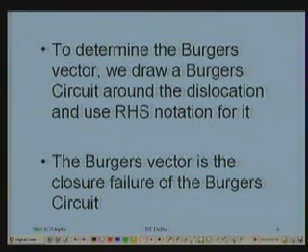And also we saw that to determine the Burgers vector of a given dislocation, we draw a Burgers circuit, which is a circuitous path drawn through the perfect parts of the crystal such that the net displacement along the path is 0. So we counted those steps and we saw that in the last class. However, to avoid any kind of ambiguity in getting the B vector after we have arbitrarily chosen the T vector, we use the right hand screw notation in drawing the Burgers circuit. And then the Burgers vector is the closure failure of the Burgers circuit.